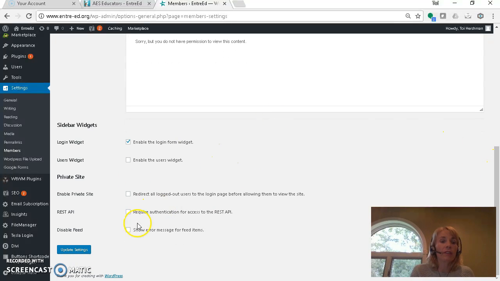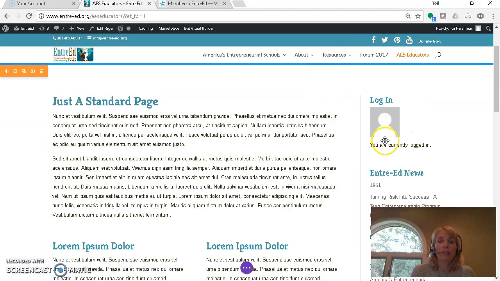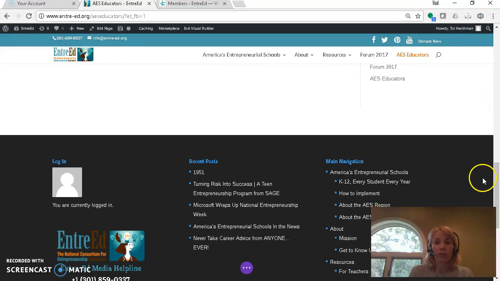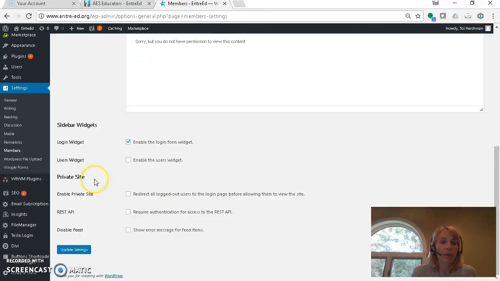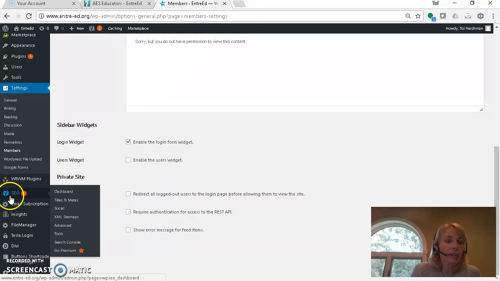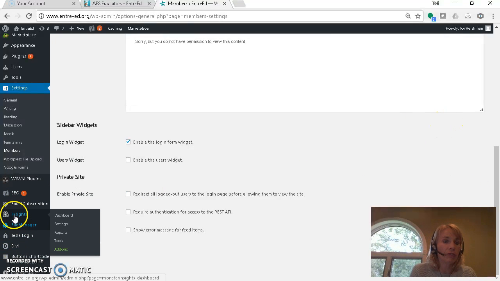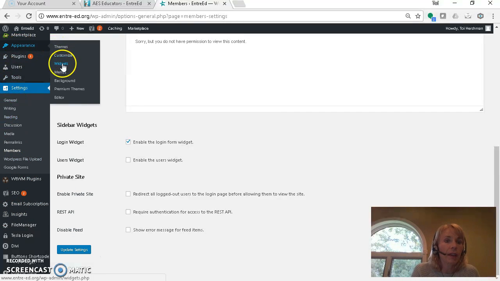So once I did all this, I updated my settings, and that gave me this login area here. Obviously, I'm already logged in, but this is where you would log in if you weren't already. I also added it to the footer just to have two places to catch it. The way I did that, when I enabled the widget, was through widgets. There's a place where you can add your widgets to your menus and to your sidebar. So if I go to Appearance and then Widgets,